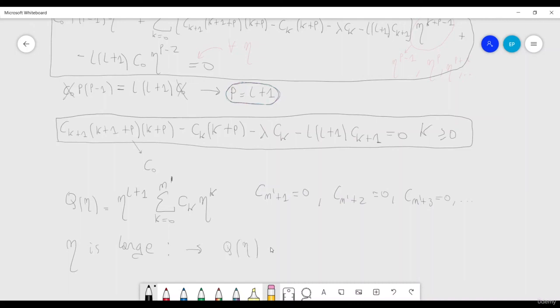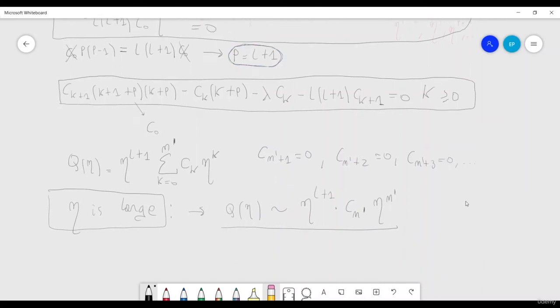So q of eta will be dominated by eta to the power l plus 1 times c sub n prime eta to the n prime, because the other terms will be negligible. So this is the behavior of q of eta when eta is large, and this is a simple expression